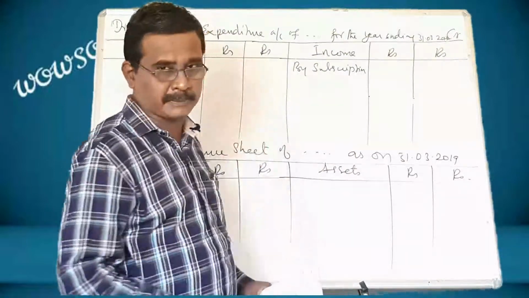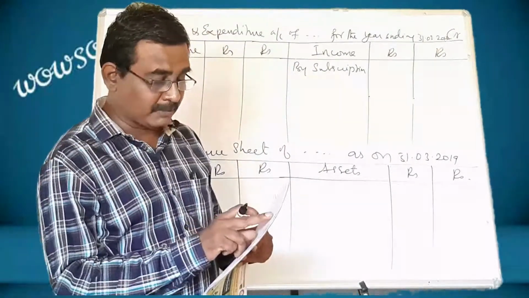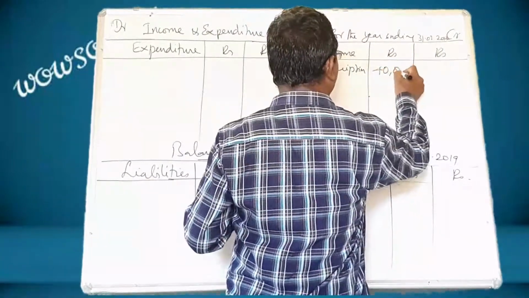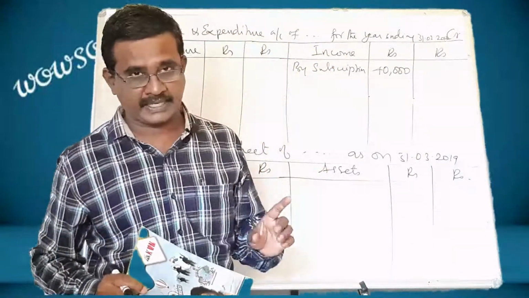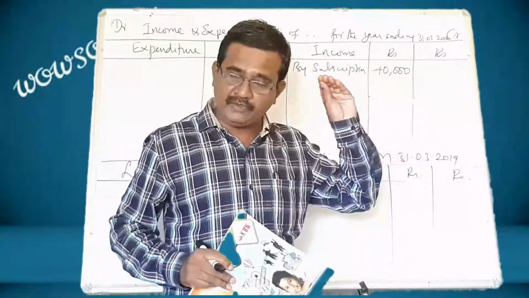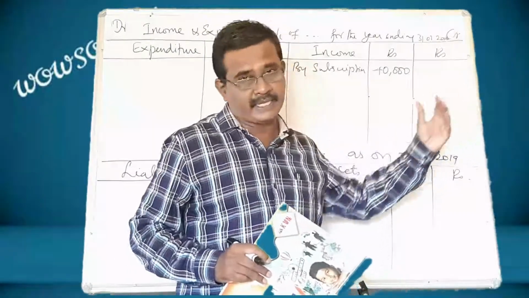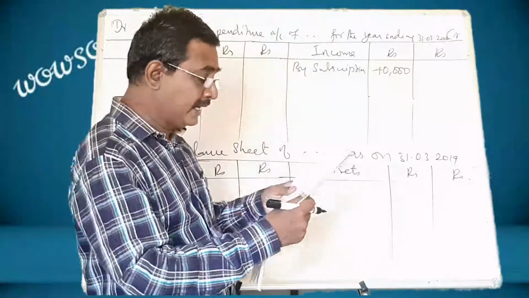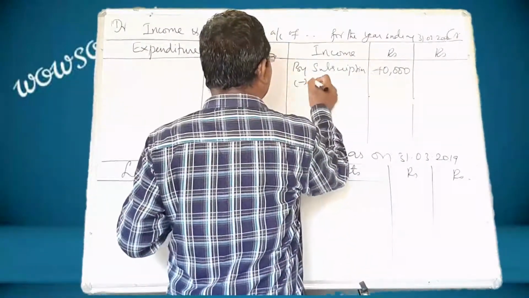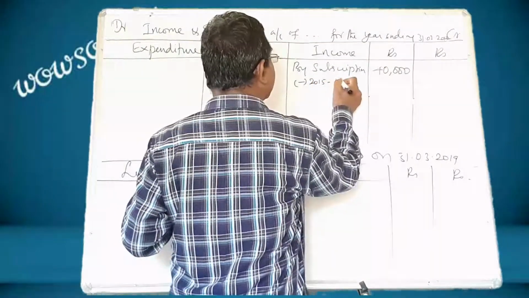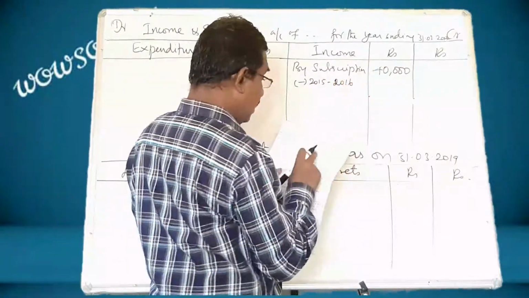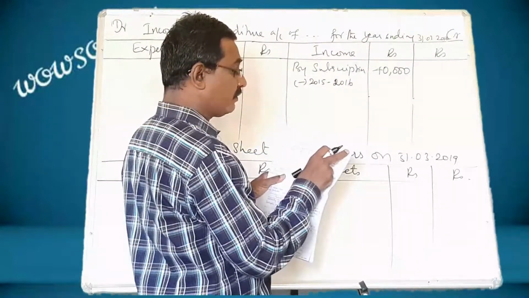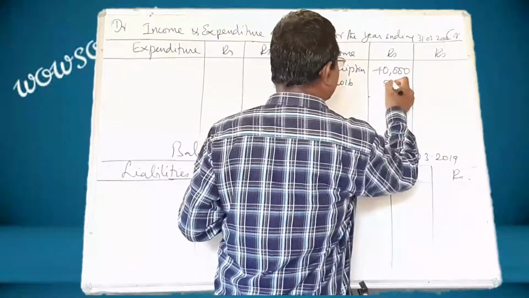Now we have to prepare that income and expenditure and balance sheet. See, first take the subscription amount collected. What is the amount received? 40,000. I have told you several times, the amount meant for that year alone should be shown in the outer column. This amount includes amount for the year 2015-16. This includes subscription of 5,000 for 15-16. Subtract that 5,000.